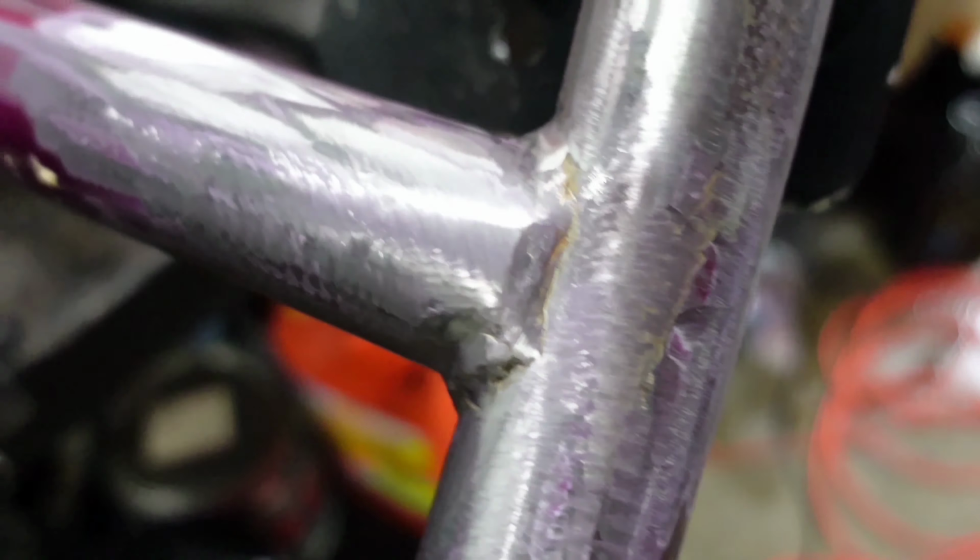Alright, so you can see where the weld is, if I can get this thing to focus, and we have to grind that out with the grinding rock. This probably won't do it, but all I wanted to do right then was just clean it up. I have to flip it over and clean the other side. But you can see,